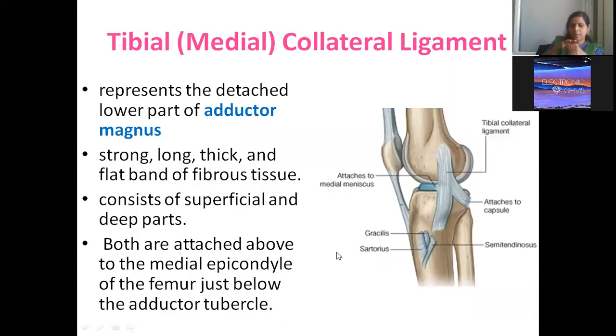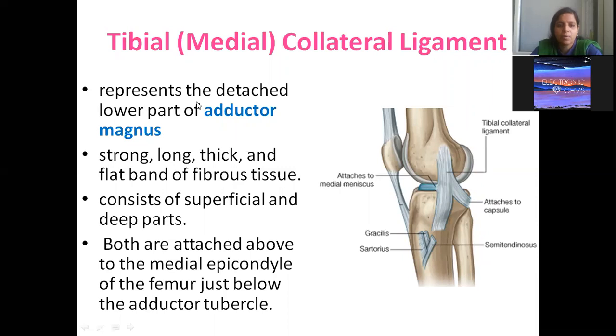Now coming to the next ligament. We have finished the fibrous capsule. Next we finished the ligamentum patellae, or patellar ligament. Third, now we are moving to the tibial collateral ligament. The tibial collateral ligament is the ligament extending from the medial epicondyle, the most prominent area of the medial condyle of the femur. From the medial epicondyle of the lower end of the femur, it moves to the medial condyle of the tibia. So that is the tibial collateral ligament.